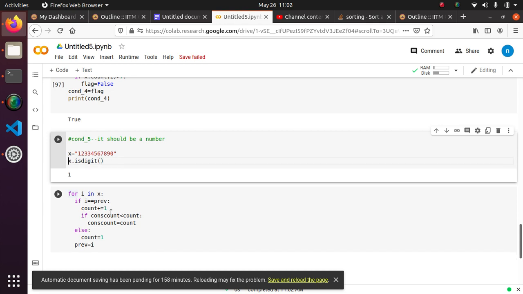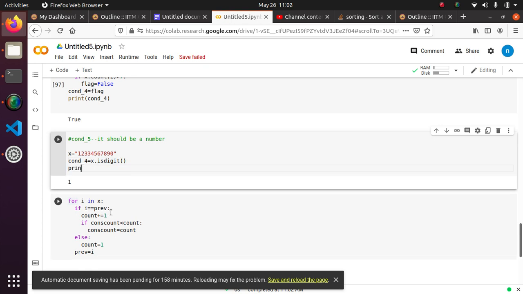Very simple. Condition 4 equals x dot is digit. I guess this should work. Print of condition 4. See, if I give any special character, it gives false. So easy, very good.